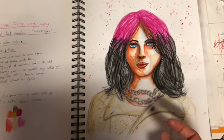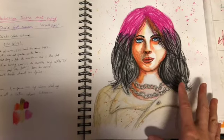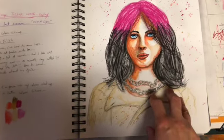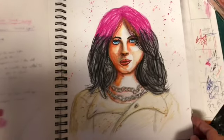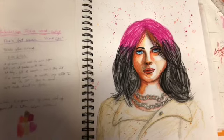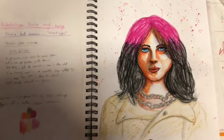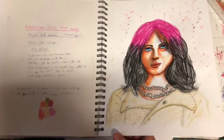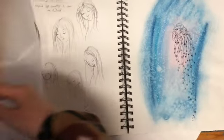This is Tam's last session for the Taster Week, Kaleidoscope Taster Week, and it's inspired by Billie Eilish, but I don't know if I got her likeness or not. But anyway, the hair was supposed to be green, I'm pretty sure, and I don't like green, so I made it pink instead. Anyway, I don't know anything about Billie Eilish, so